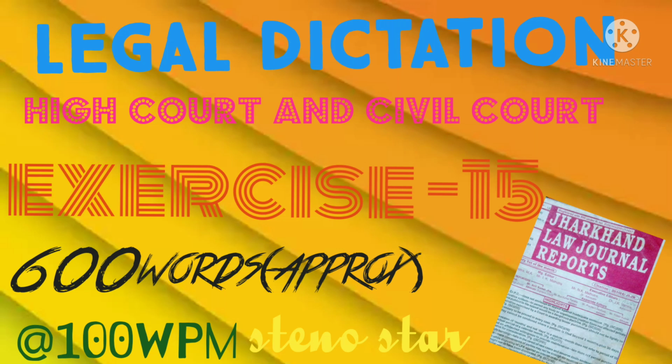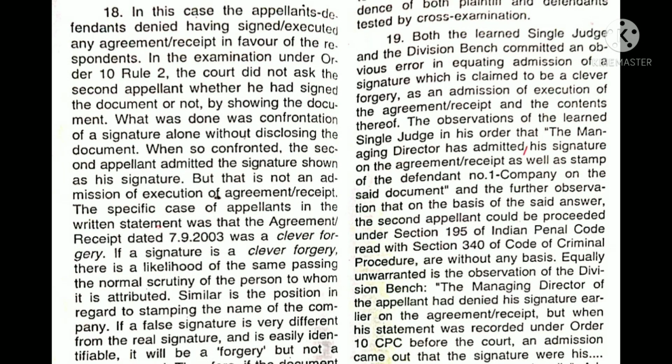So ready? Start. In this case, the appellant-defendants denied having signed or executed any agreement receipt in favor of the respondents. In the examination under Order 10, Rule 2, the court did not ask the second appellant whether he had signed the document or not by showing the document. What was done was confrontation of a signature alone without disclosing the document. When so confronted, the second appellant admitted the signature shown as his signature, but that is not an admission of